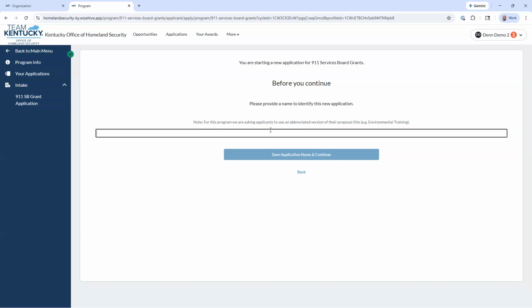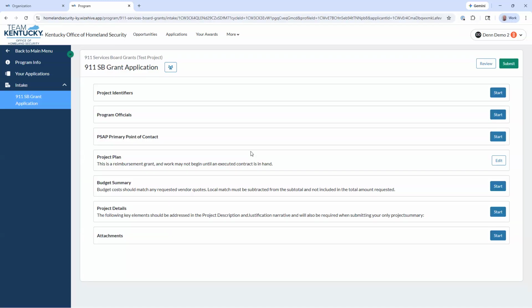Here is where you can put the name of the project for which you are submitting the application. So I'm going to put test project. All right. And then from here, you will begin completing the application. So you will click start on